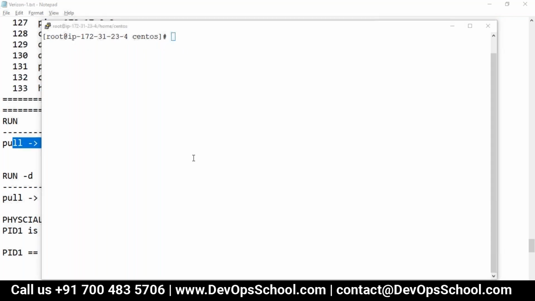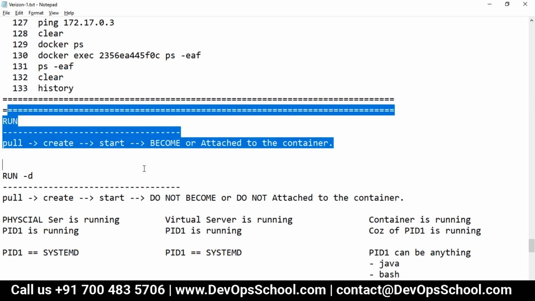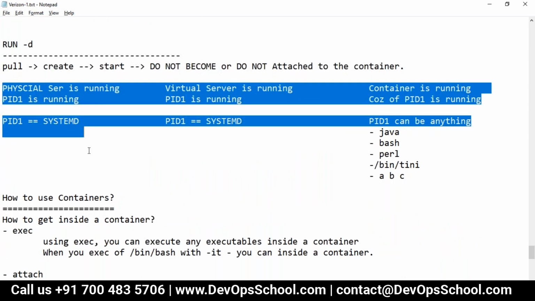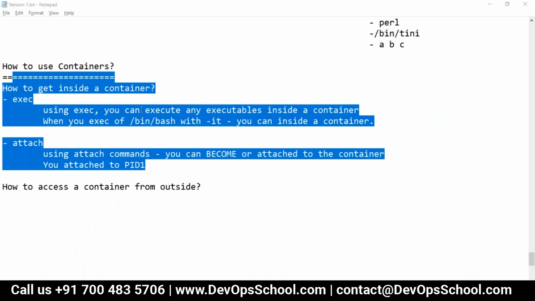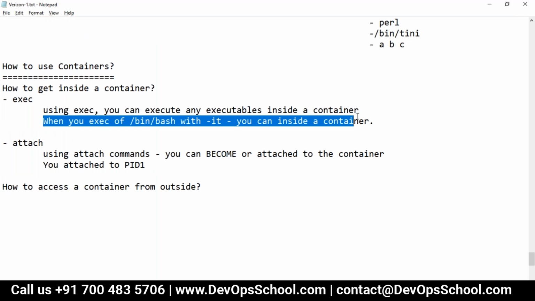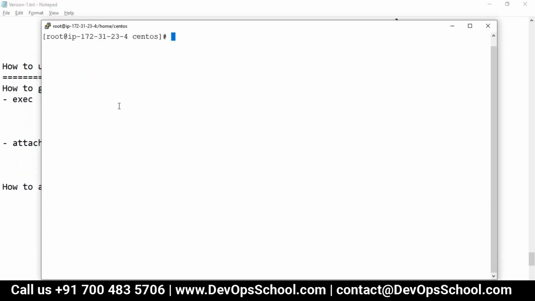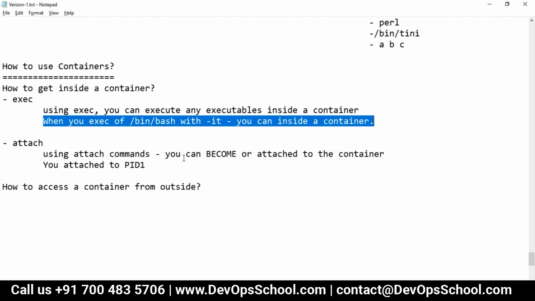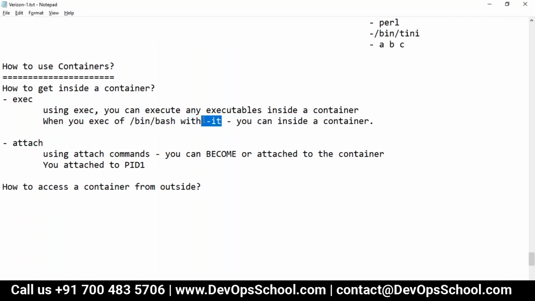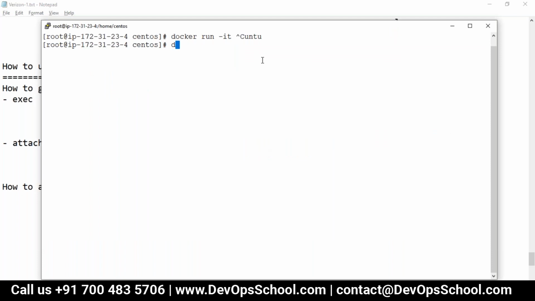Okay. So now guys, here I showed you this concept, and how to go inside a container. I can use this concept with a container to hold that container. Look at this here. Docker run Ubuntu. If I run this container, what will happen? It will run and then exit. But this time I don't want to run it alone. I want to interact. I told you, right? See here, bin bash with IT.